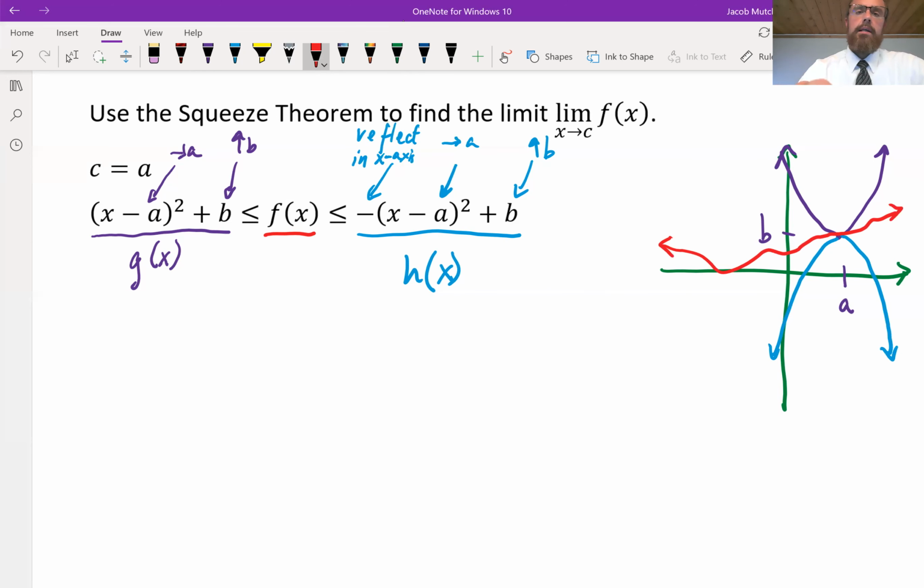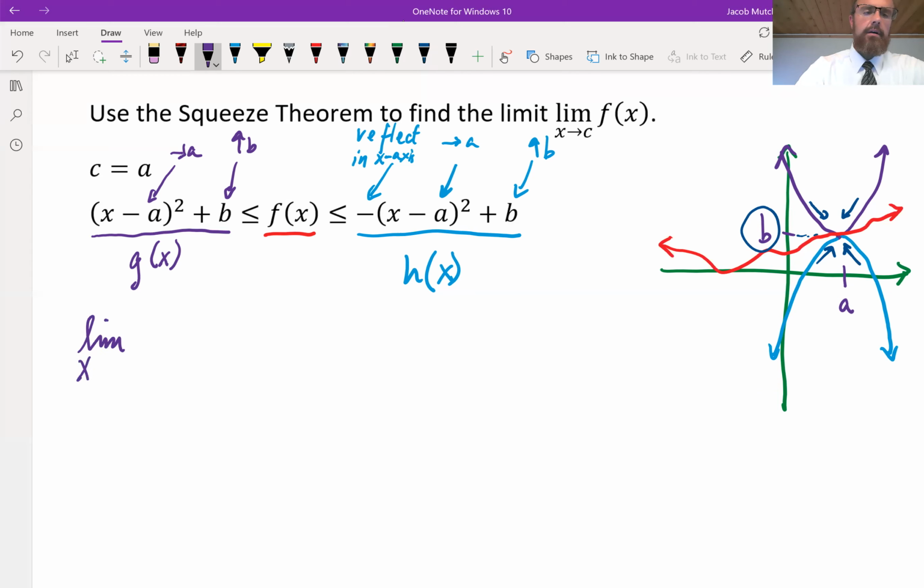So my thinking is that we need to say something like, as x approaches a from the left and the right, for g of x, it looks like it's getting close to the y value of b. Also looks that way for a there. Well, let's see if the algebra again supports that hypothesis. So the limit